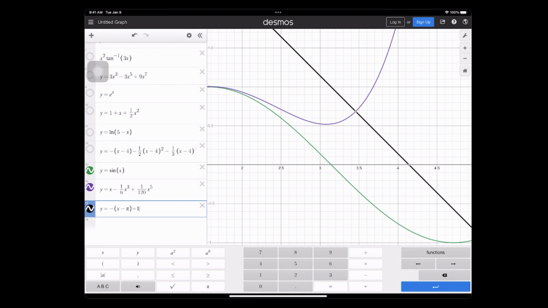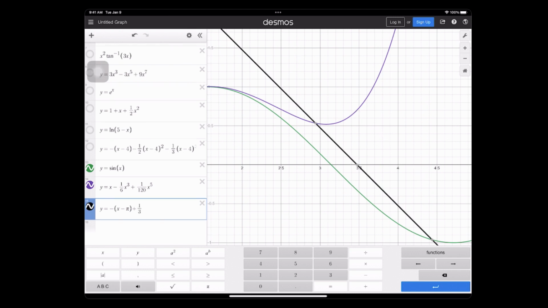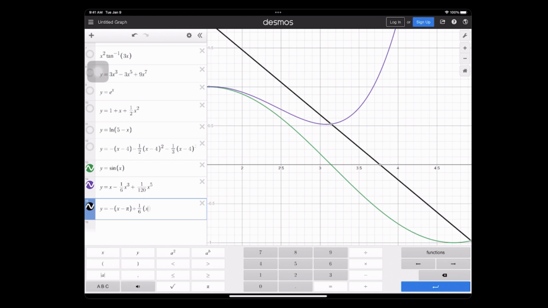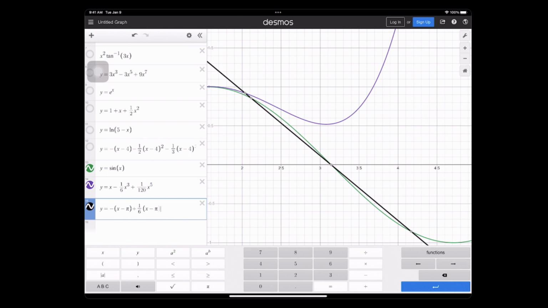Yeah. 1 divided by 6, raise that to the 3rd power, I believe. Okay, come out of there. Minus 1 divided by, I believe it's 120 again. But now it's going to be x. So x minus,